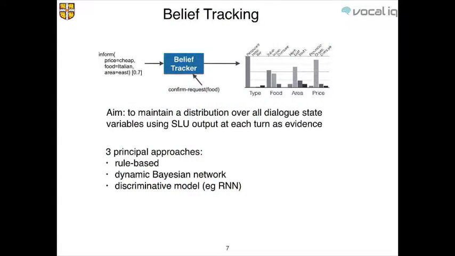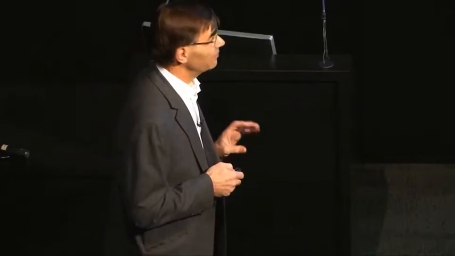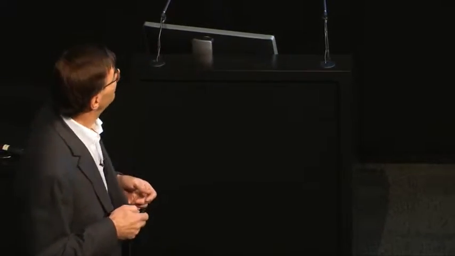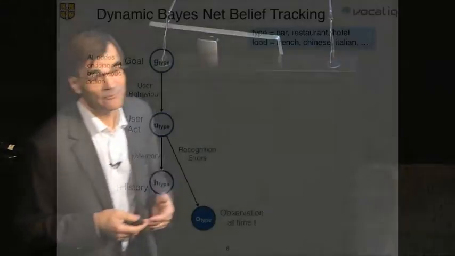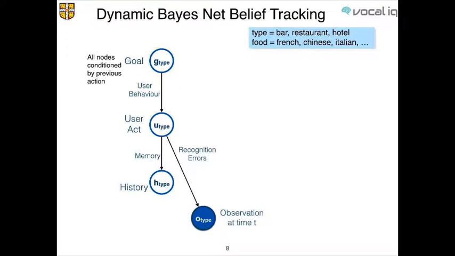Again, there are a number of different approaches that have been used for this. We've looked at 3 different ones. Rule-based is always a kind of benchmark system, and it's not very interesting. We've looked at 2 basic schemes: a generative scheme based on dynamic Bayesian networks, and a discriminative model based on recurrent neural networks. Just to give you a flavor of the sort of things we've been doing, first of all the BayesNet,